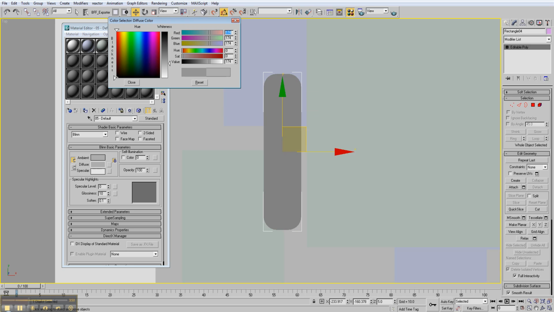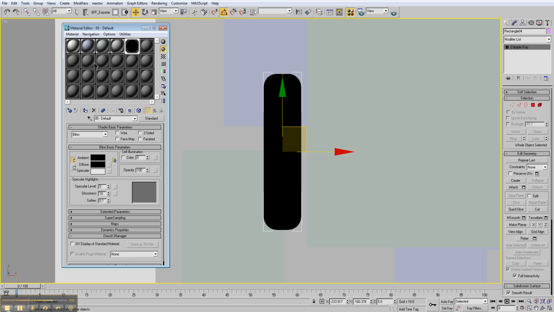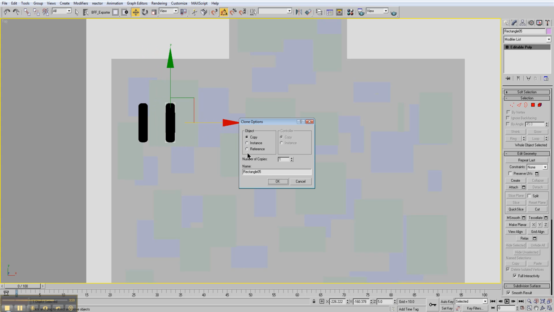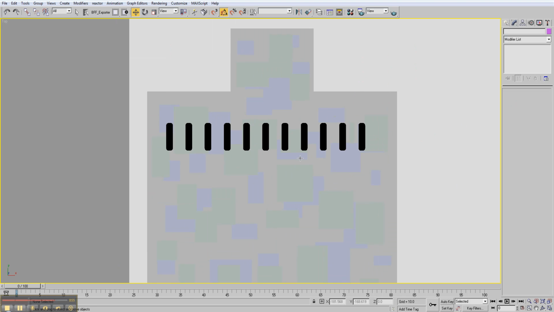Now, it's advisable to use the multi-sub objects on here, but however you want to do that is up to you if you know how to do that. So I'll just do some windows. Number of copies, 10. There we go. And maybe,